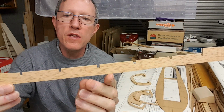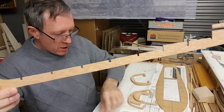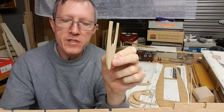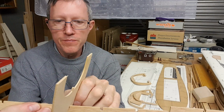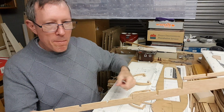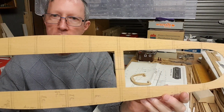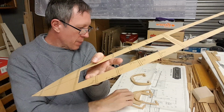Now the fact that the cutouts are a bit oversized in the fore aft direction means that I need to put a shim on the bulkhead as well, but it's unclear whether that would be on the fore or aft side of the bulkhead, and the amount of play that we're talking about is up to 2 millimeters. Now that's not the biggest of problems. I've measured and positioned all of them on my deck, and it's okay that I draw this in pencil because this is going to get planked. So I position all of my bulkhead lines,